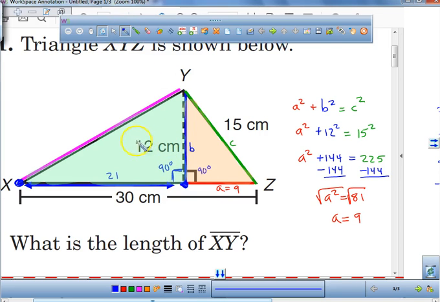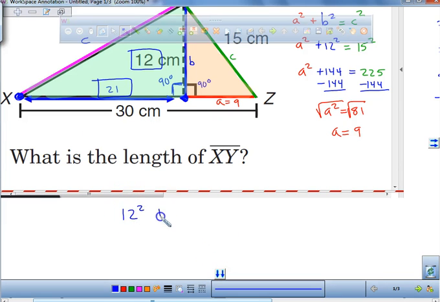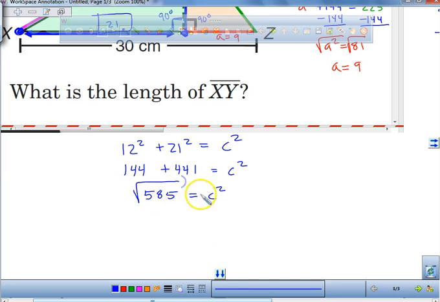So now we're going to use the 12 and the 21 to find our hypotenuse. So now you're going to do 12 squared plus 21 squared equals our hypotenuse squared. So you get 144 plus, I think it's 441, equals c squared, which gets you a total of 585 equals c squared. And when you take the square root of both sides, c, I believe, is approximately equal